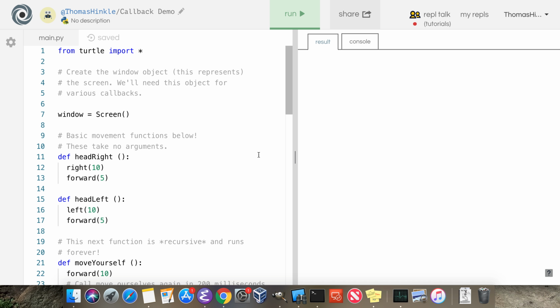Callback demo. This is how we use functions to create a callback, which is to say something that happens when something else happens in a program. In this case, what we're going to do is when the user types a key, we're going to run a function. So if you run this code,